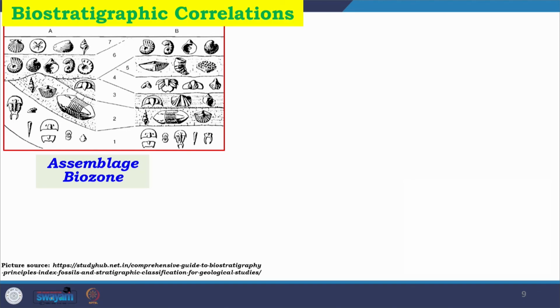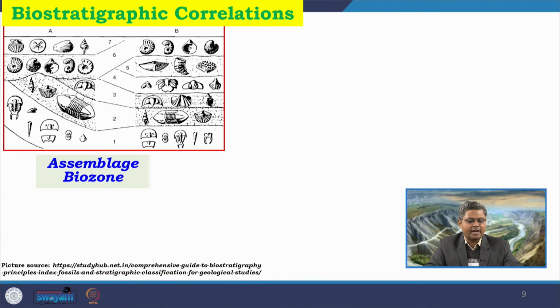So, this is one example of biostratigraphic correlation where we are correlating in terms of assemblage biozone. As you can see over here, several assemblages are depicted in two different logs A and B, and based on their positions, irrespective of the lithology, we are correlating them. But in many cases, as you can see in this particular unit or in this particular unit, the lithology appears very much the same, because commonly the assemblages of fossils are contained within similar kinds of rock strata.